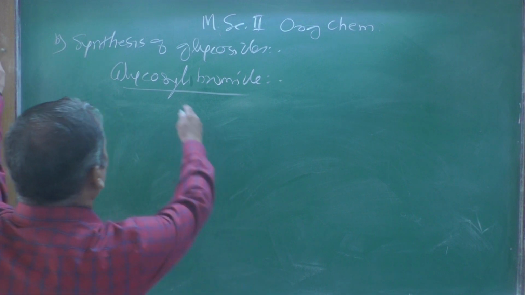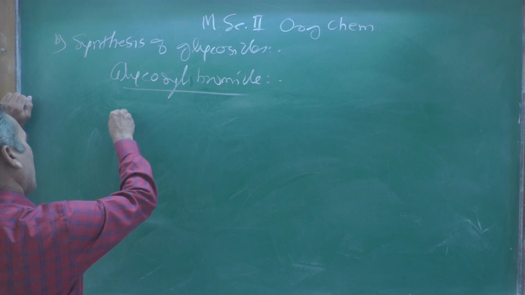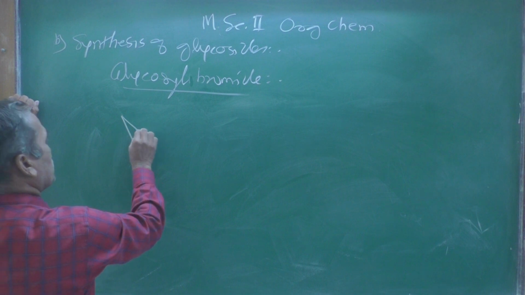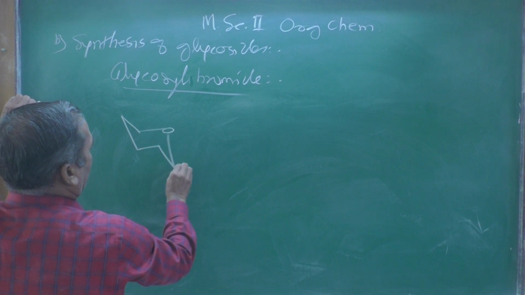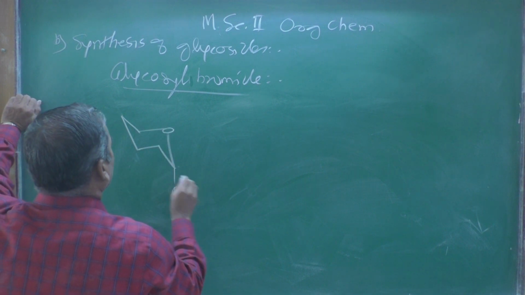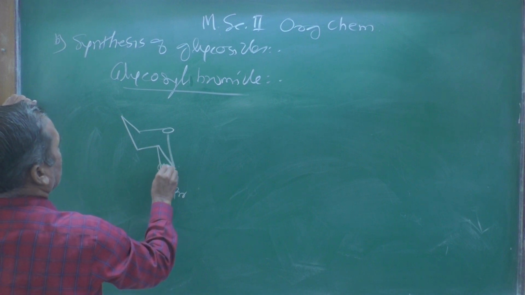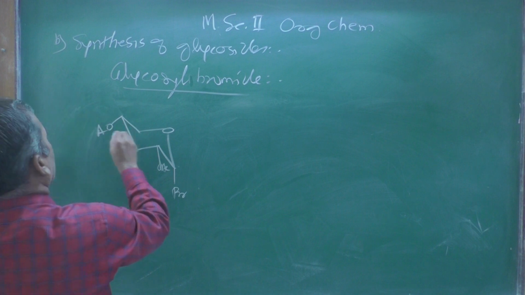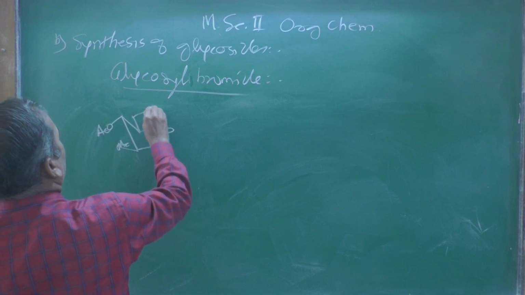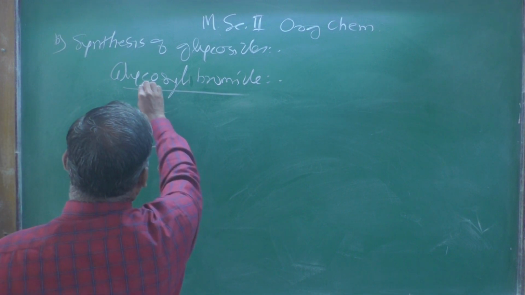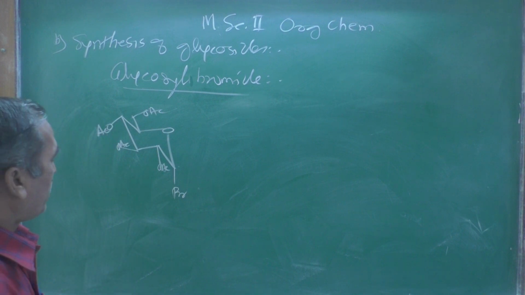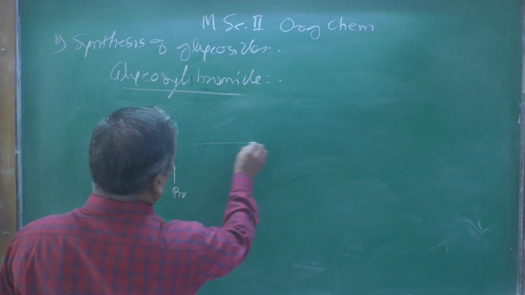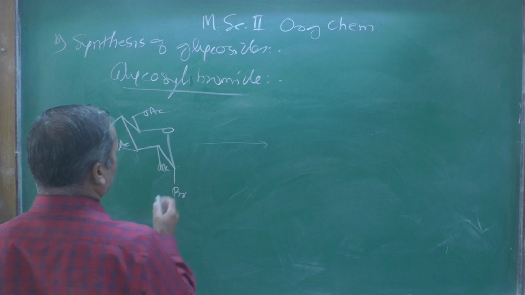Let us see a glycosyl bromide: Br is over here, then OAc, OAc, here also OAc, and the next one also OAc. This is nothing but a glycosyl bromide, and when this glycosyl bromide is treated with a reducing reagent